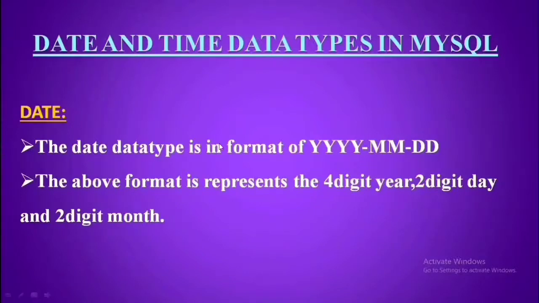That means the year can be declared as a 4-digit year or 2-digit year. That means 2021 is the 4 digits, or we can declare 2 digits also, 21. And month, 2-digit month, that means 12 or 09, 10, 11 are the 2 digits. So 2-digit month is declared, and the date is also 2-digit date. That means 01, 02, 03 are declared. Okay, this is the date.